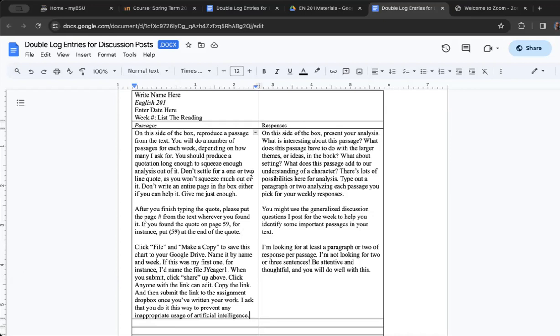Let's say you find the passage on Hector where he gives a big speech, and you think, I think Hector seems like a pretty good guy. Maybe that passage is in book 6 of the Iliad. On this side of the box, you would type out that passage, and on this side, in a paragraph or two, you analyze the passage.